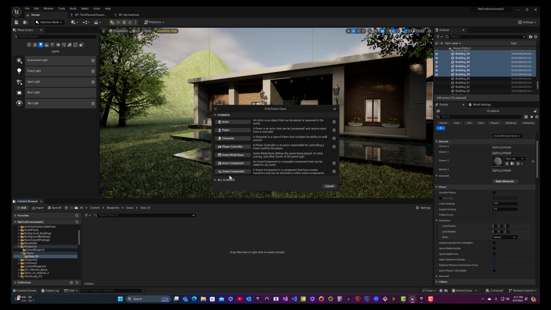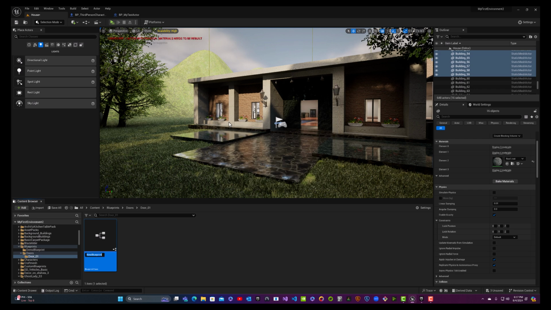Everything in this list is an actor, but a scene component inherits from an actor component, and an actor component inherits from a game mode base, and all of them inherit from a player controller. A player controller inherits from character. All of them inherit from actor, okay? And for this case, we only need an actor. And again, I'll call this one